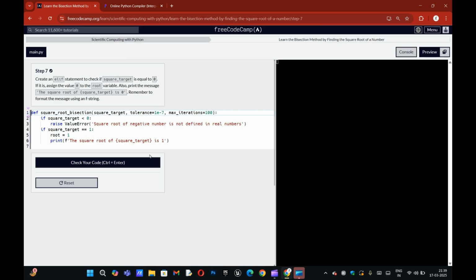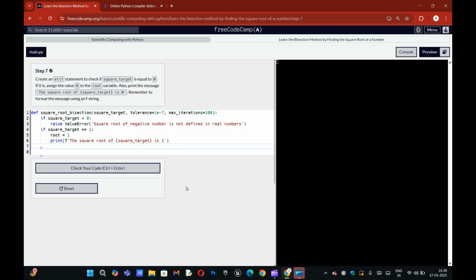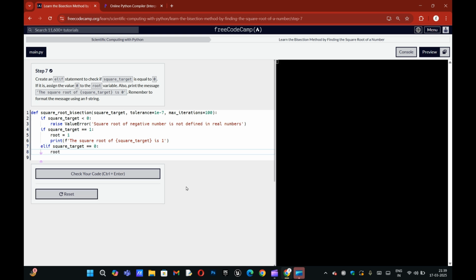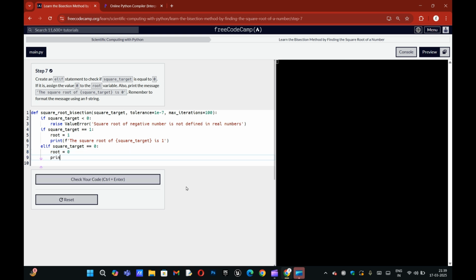Okay, I'll finish this one fast. So I'll put elif to check if square target is equal to 0. Then we will set root to 0 and print an f string.